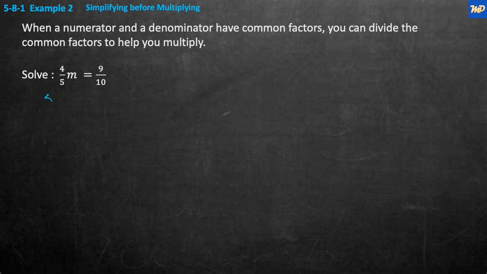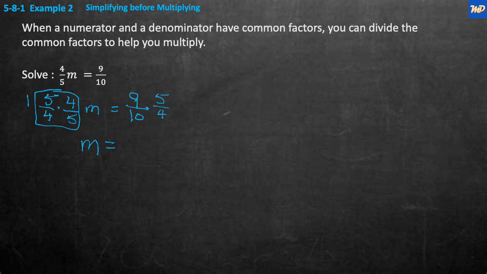So we're going to say 5/4 times 4/5 m is equal to 9/10 times 5/4. Okay, and now if we look at this, we're going to see these right here are going to cancel. They're going to end up equaling 1. Okay, and so the answer over here is going to be m on the left-hand side,